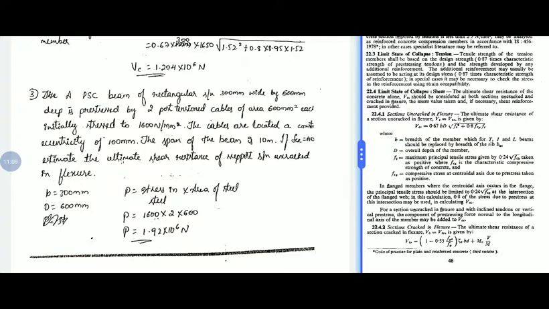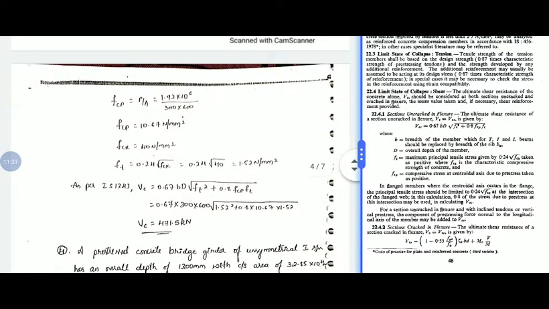So 1600 Newton per mm square is the stress and two numbers of 600 mm square. So pre-stressing force will be 1.92 into 10 power 6 Newton. fcp is P by A. So by substituting we will get fcp as 10.67 Newton per mm square,